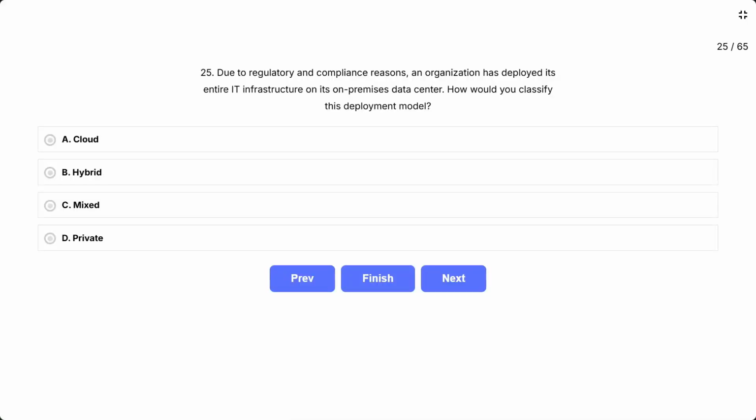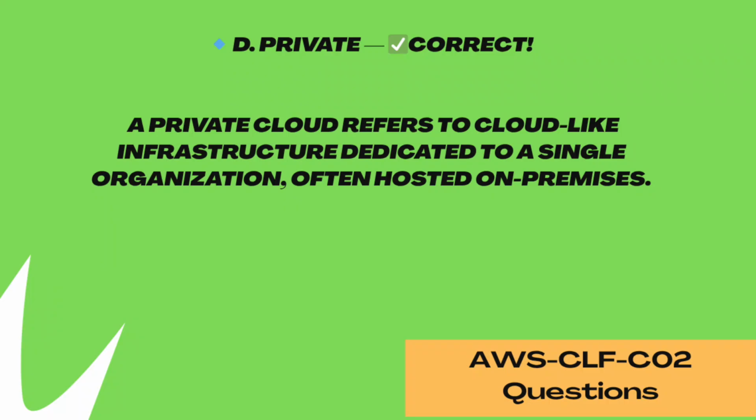A private cloud refers to cloud-like infrastructure dedicated to a single organization, often hosted on premises. In this case, even though they are not using a public cloud, the setup still qualifies as private cloud because it's managed internally and isolated from others.